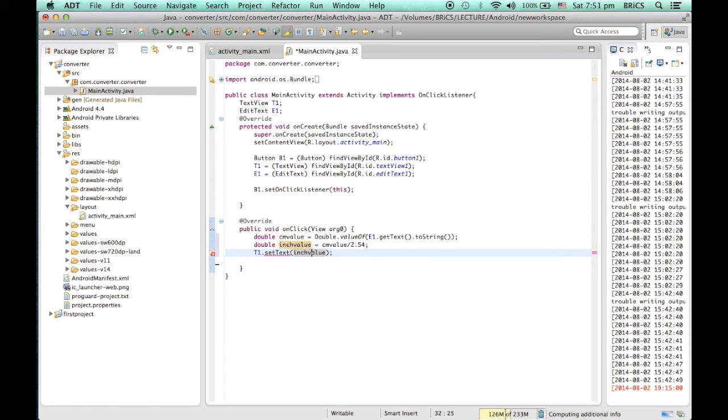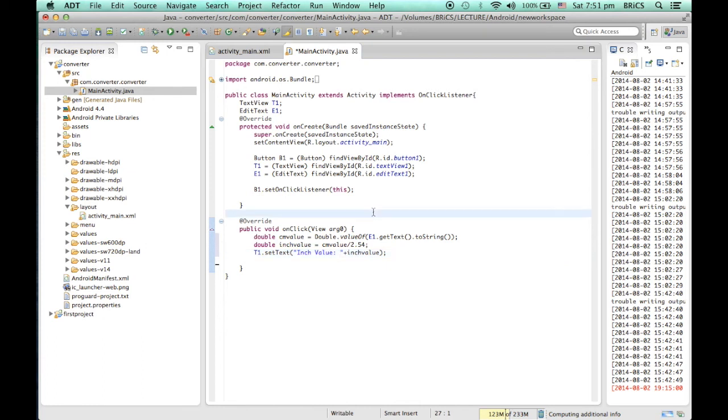It's not converting it into a string, so we have different ways to convert it into a string. Here we can write inch value equals. Okay, so now it will print the inch value in t1.